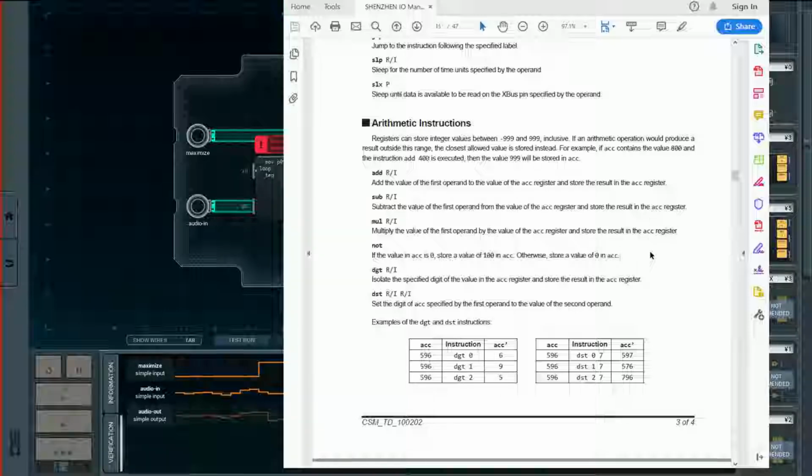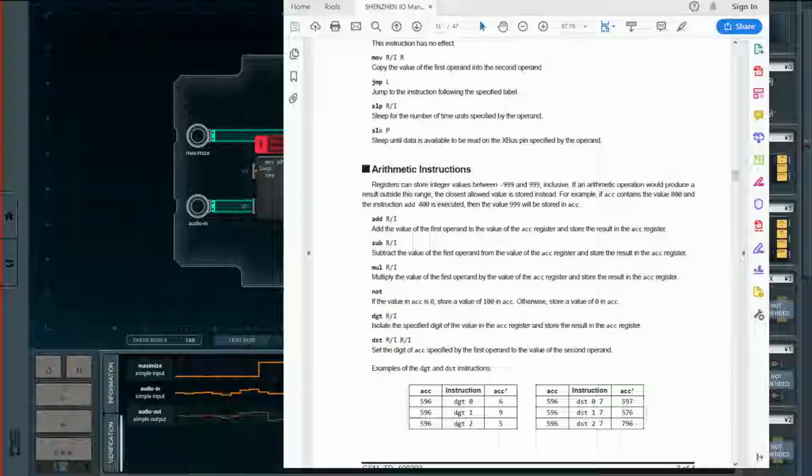Well, wait, I don't need a test for the value of P1. If P1 is 0, then jump to end. Else, if it's not 0, then I just do a series of